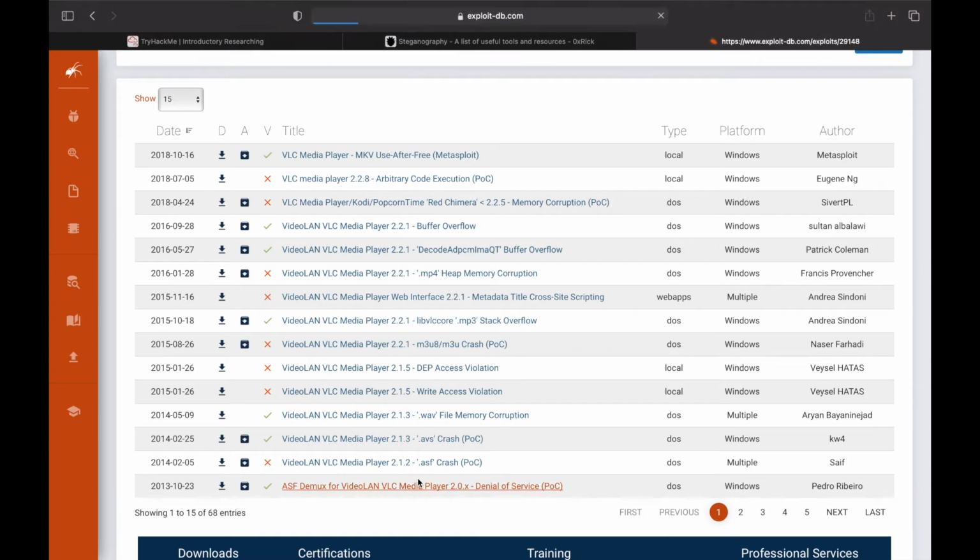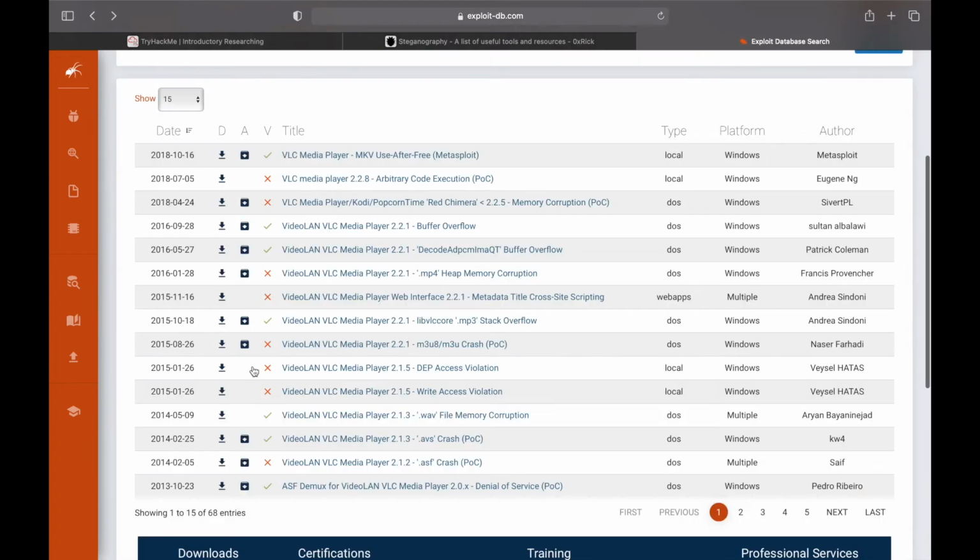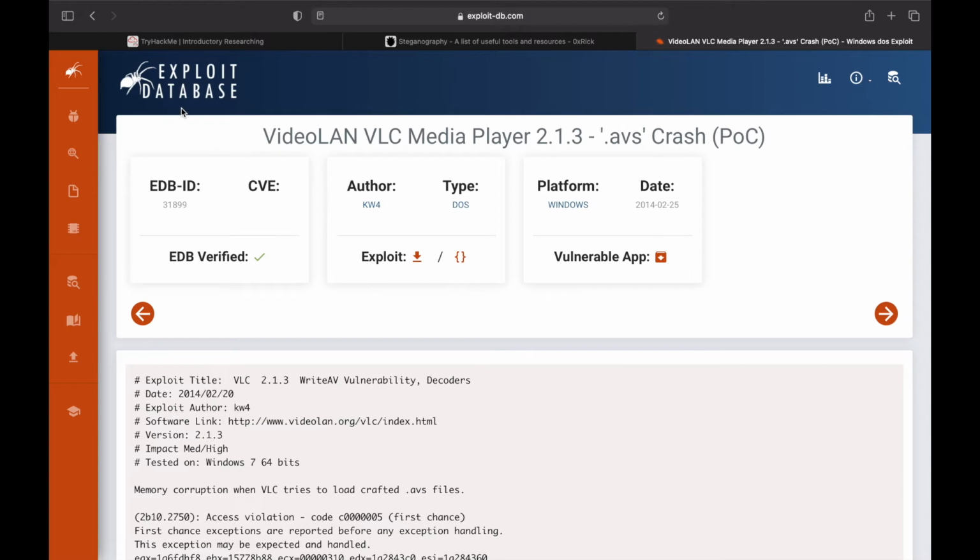Let's see. So they don't have the CVE. Okay, and file memory corruption. No. Okay, let's see. Crash this POC. No CVE.